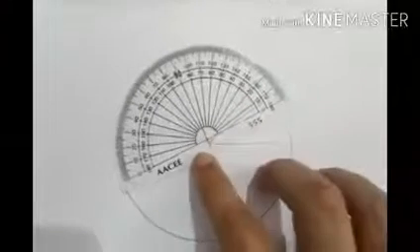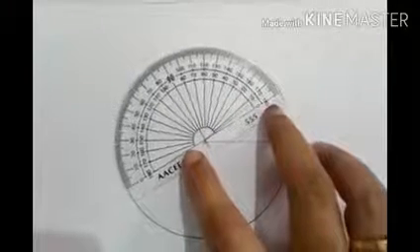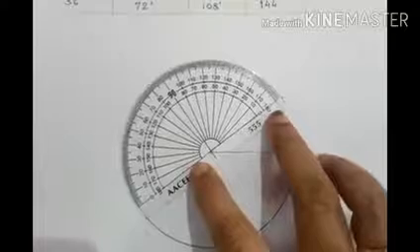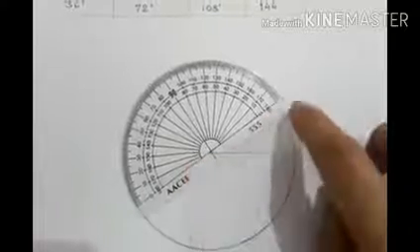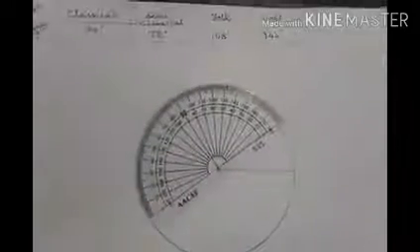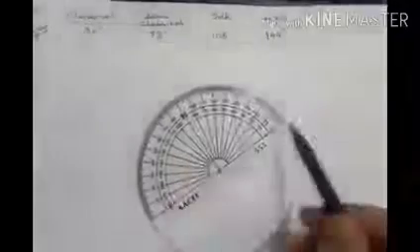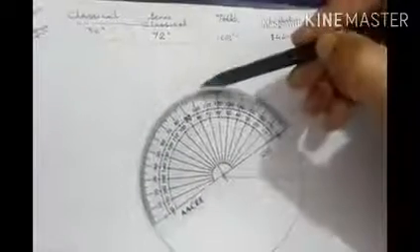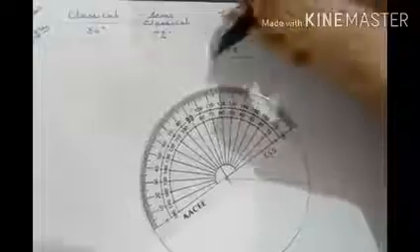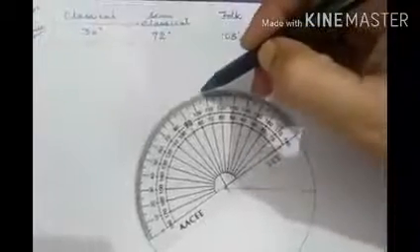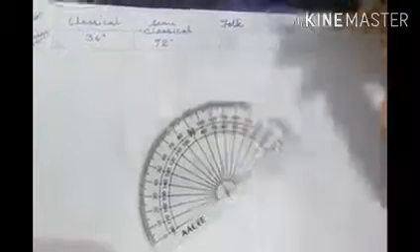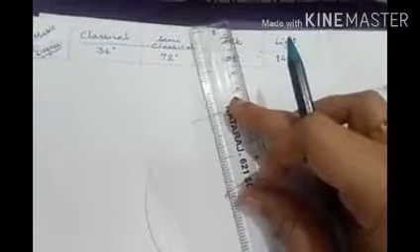We'll put it like this and draw the second radius. Now we will place a protractor on this second radius. Carefully, the center of the protractor and the center of the circle should coincide, and now our protractor is put on this second radius. Now which degree do we have to show? 72 degrees. So this is 70 and here it is 72. So mark this 72 degrees and now remove the protractor. Place your scale joining the center and this point and draw a radius.